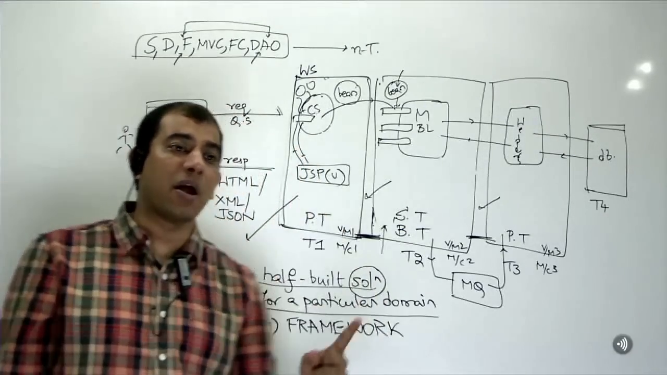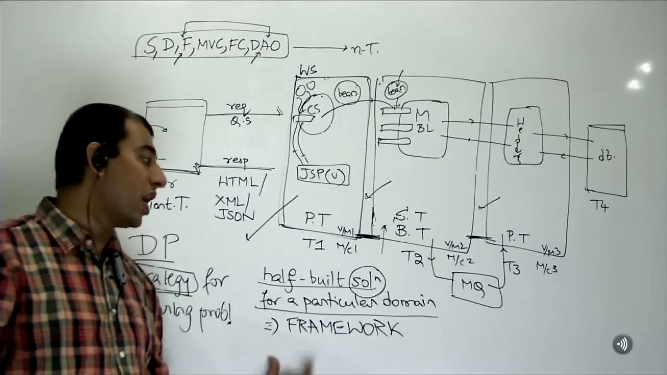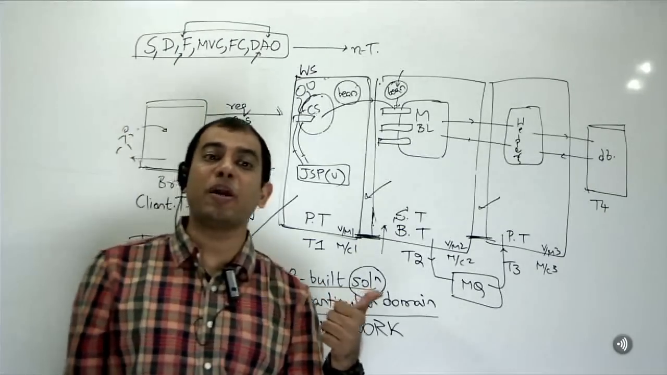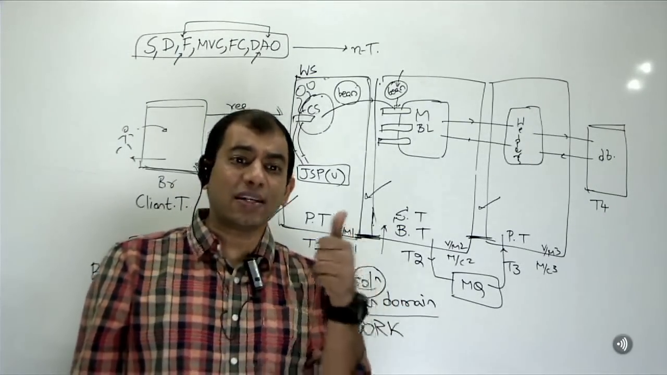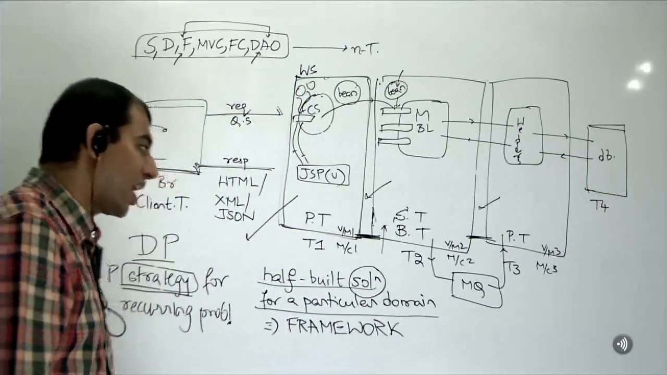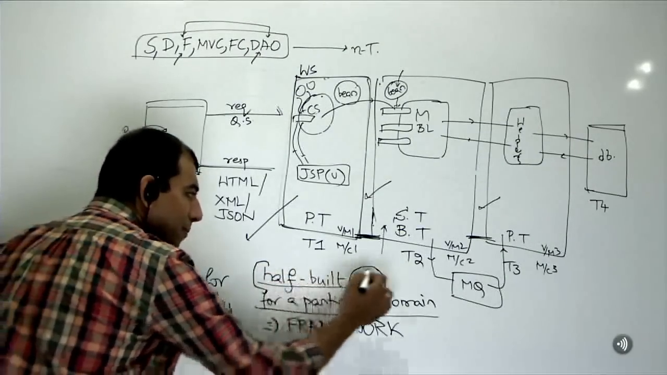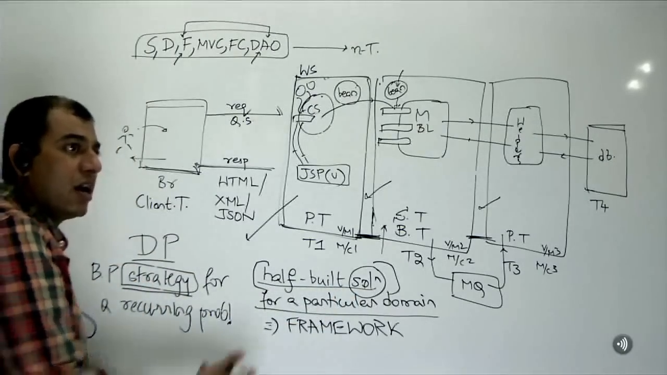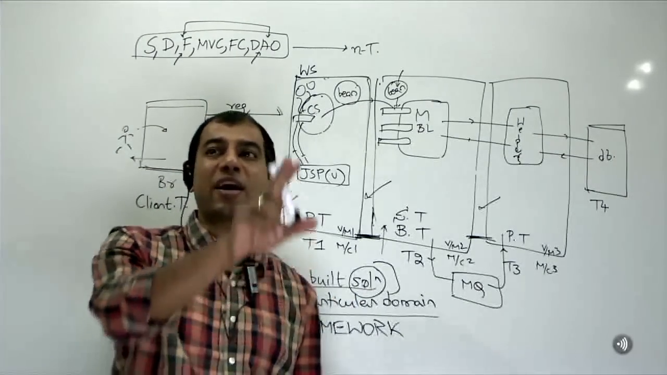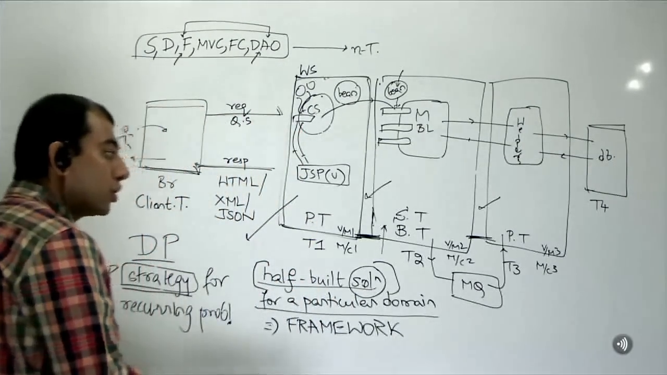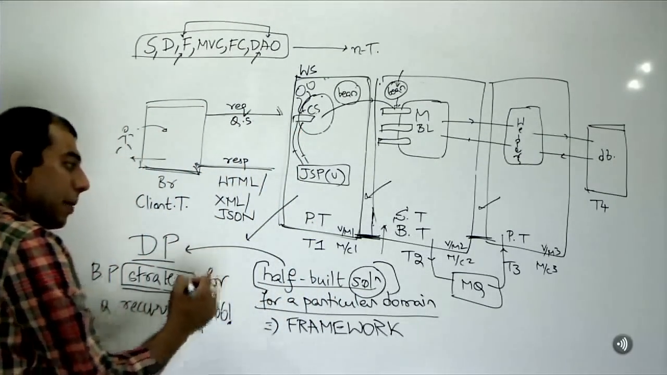So the number one benefit of going in for a half-built solution, a framework, is speed of development. But that's not all. The more important aspect to learn is this half-built solution. Remember, what did we say? This half-built solution addresses common requirements. That means those common requirements are built by implementing